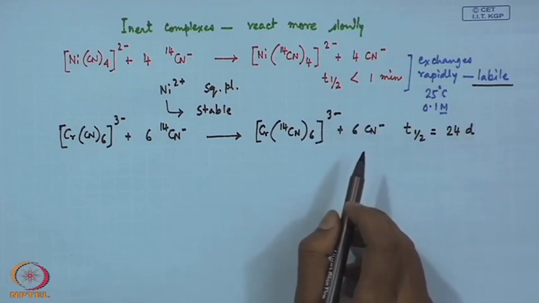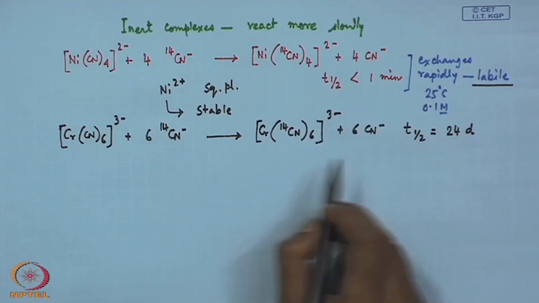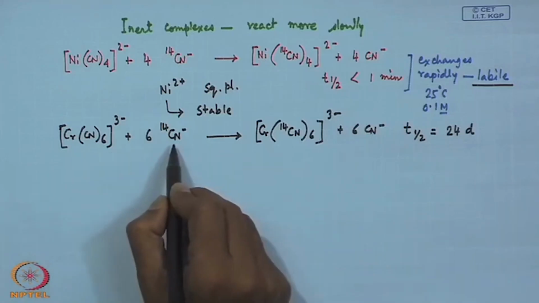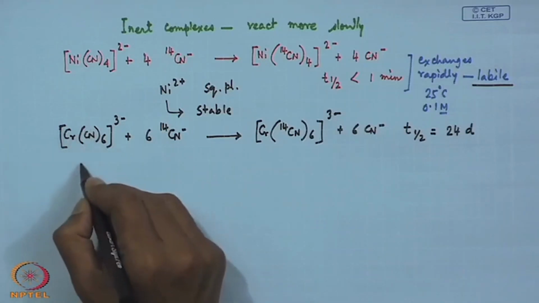So this t half basically tells us that this particular compound, which is getting exchanged with this 14CN-, is now